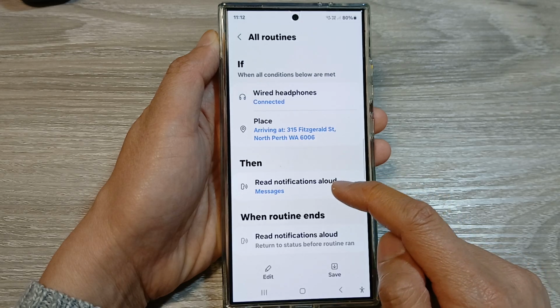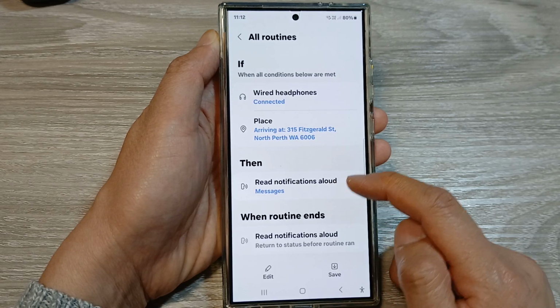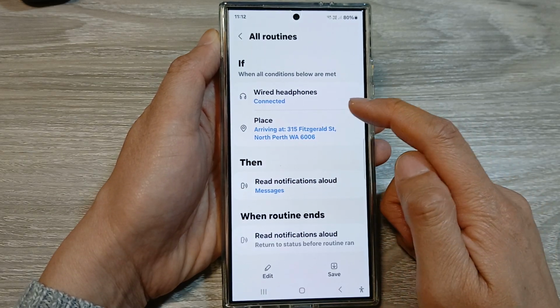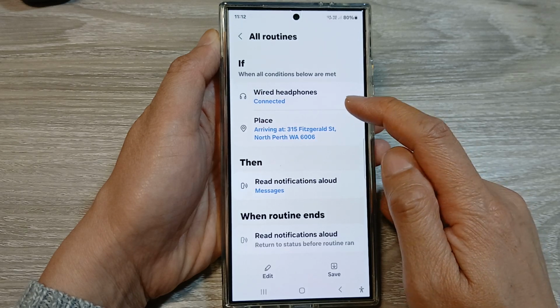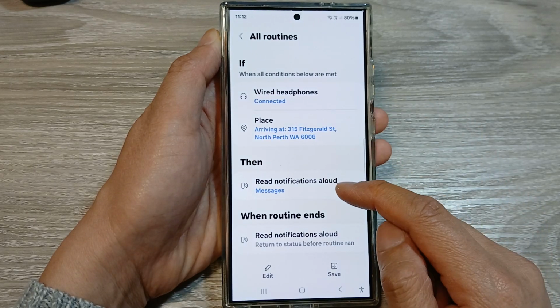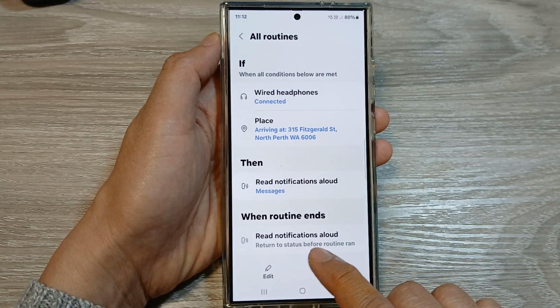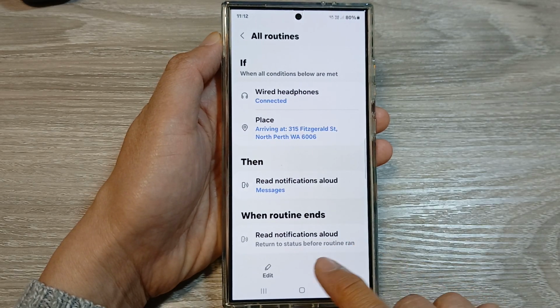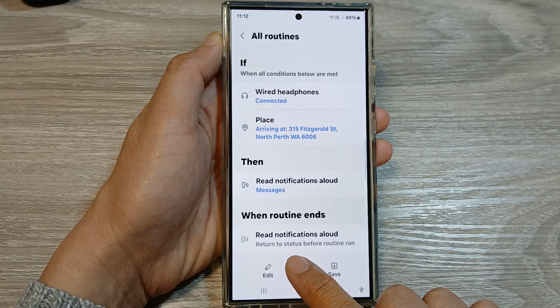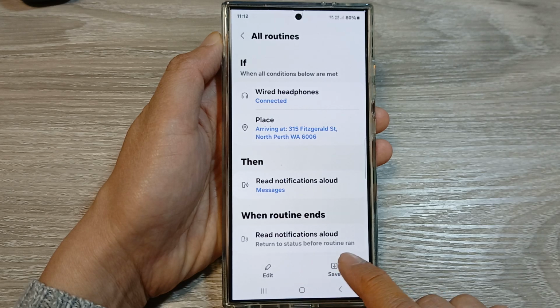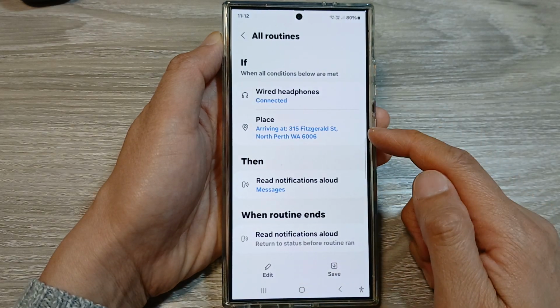So here we have set when headphones or wired headphones is connected in a place, then your phone will read notifications allowed. When those conditions are not met, so when you disconnect the wired headphones, then these routines will be switched off. And here it will read notifications allowed, and the phone will return the status to normal when we leave